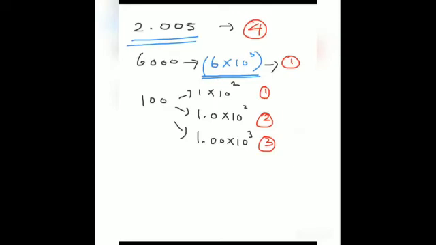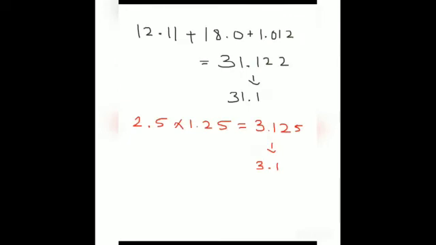If we write 100 as 1 into 10 power 2, it does not have any decimal point. So here only 1 significant figure is there. And if you take 1.0 into 10 power 2, there is 1 decimal place, so the number of significant figures in this number is 2. If you write 1.00 into 10 power 2, then it has 3 significant figures. So we should understand how to count the number of significant figures by keeping all these things in mind.